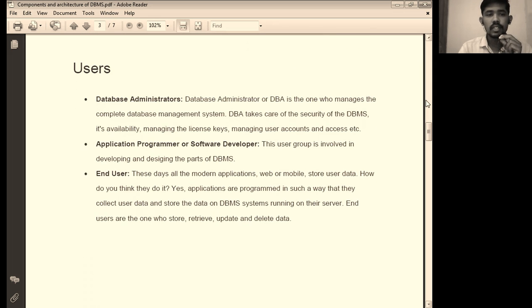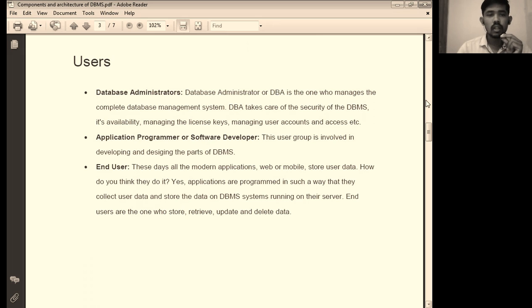And the next one is the user. Users means who are accessing the database. So first and very important user of database is the database administrator or DBA. The database administrator is the one who manages the complete database management system and all its activities.